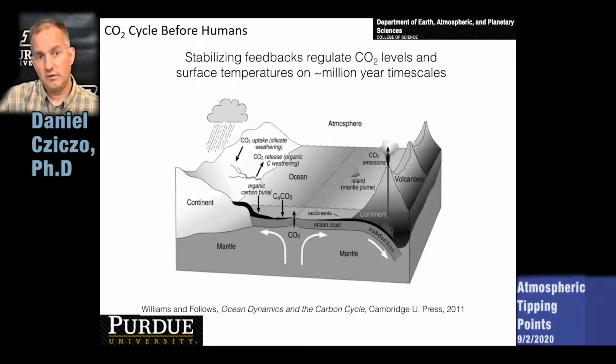So we can imagine that there was a CO2 cycle, a greenhouse gas cycle, before humans were even involved in the planet. There was CO2 here, and it participated in the Earth's climate. That CO2 was put out by a variety of different sources, but one of the big ones is volcanoes. So you can imagine a volcano on the right-hand side of this figure pumping out CO2. And that didn't just build up in the atmosphere. CO2 didn't start from some low level and get much, much higher. It was stabilized by something. And it turns out that it was often wrapped up in sediments and then buried and taken out of the system.